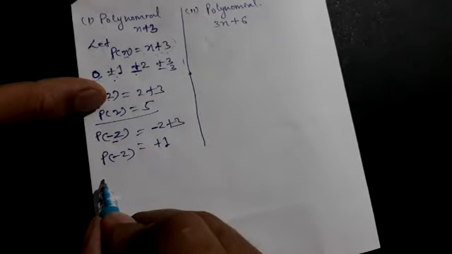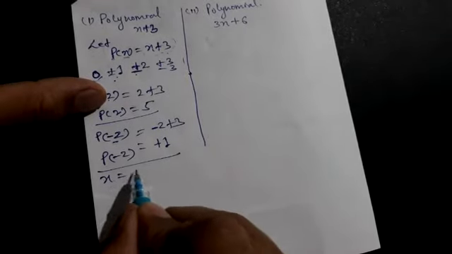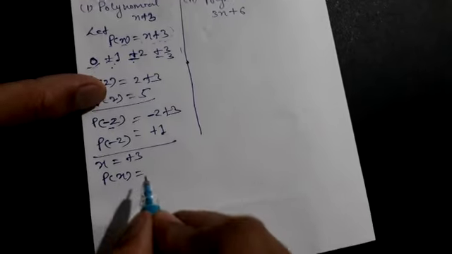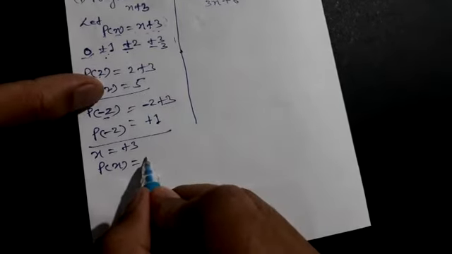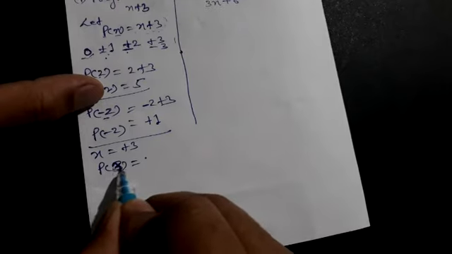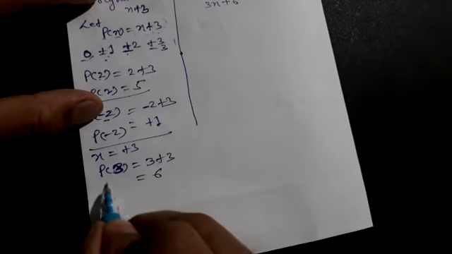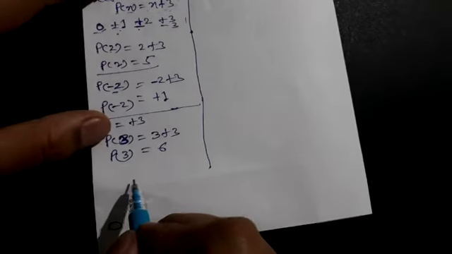Okay, now what are we going to substitute? Now we are going to substitute x equal to plus 3 in p of x. So p of x is p of 3. In place of x we are substituting 3 here. So p of 3 is equal to 3 plus 3, your answer will be 6. So p of 3 is giving you 6. This is not 0, so it means x equal to 3, or 3, is not a zero